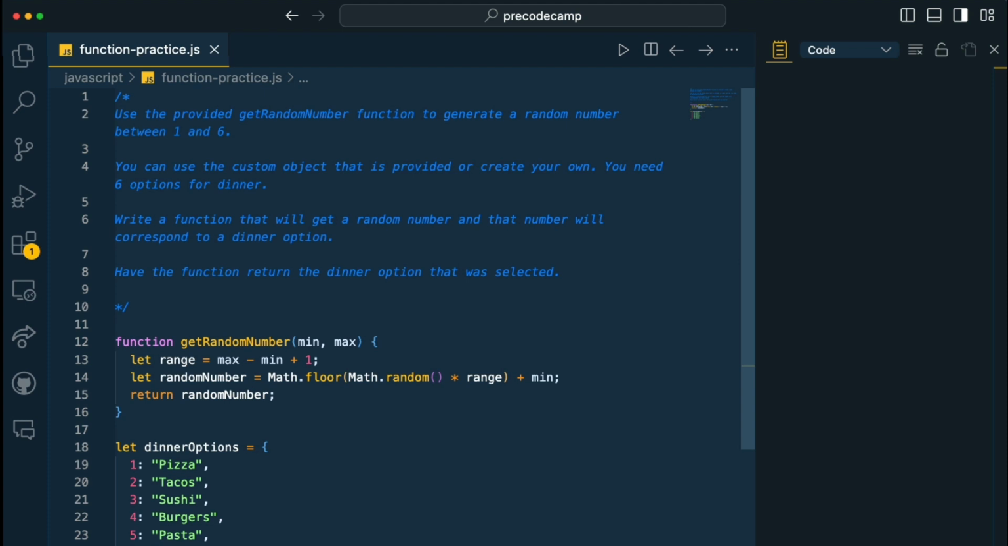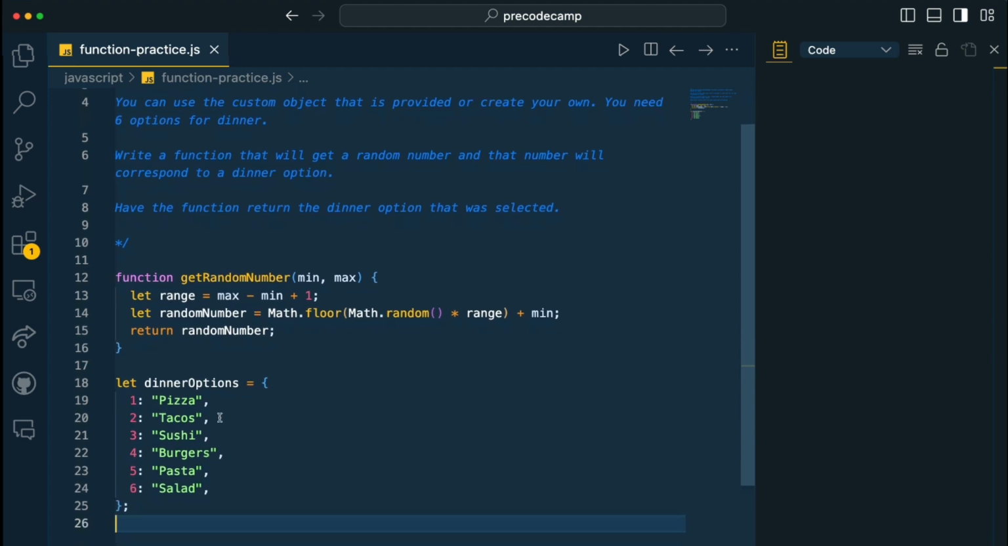So I don't know if anybody has ever had family or friends and you're like, what do we do for dinner? Well, this might be a great way to solve that problem. So that function that we're going to create here will return the dinner option that was selected, not the number, but the actual dinner option. All right. So let's talk a few things real quick here,